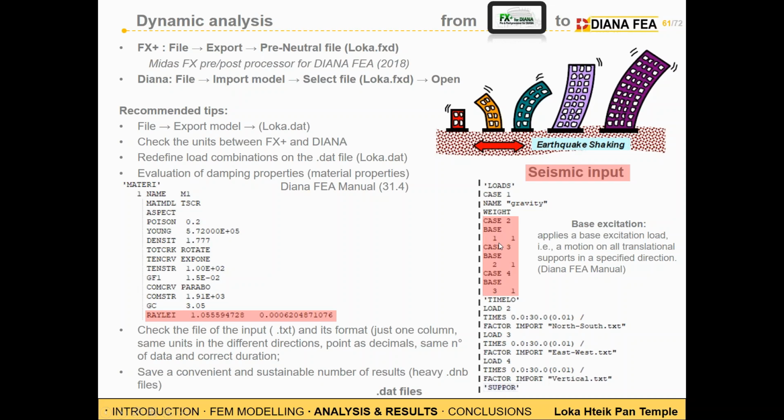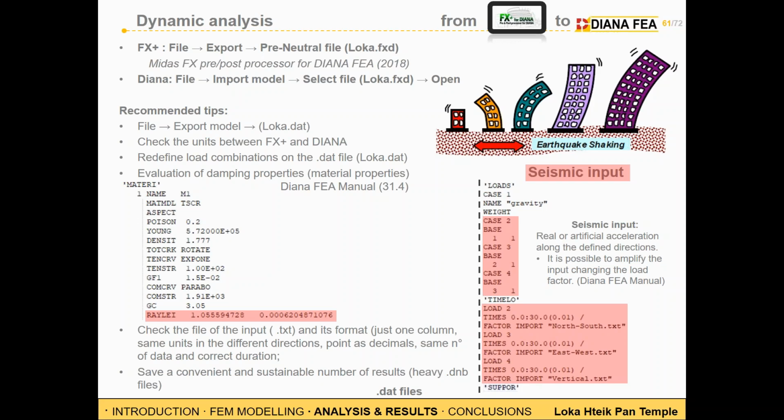The first number is the direction along which we want to apply the seismic input, and then the second number, that is 1 in this case, is the amplification factor we want to apply. In this case, it's 1 because we want to apply the real earthquake, such as the Chalk earthquake. Then this information below regards the input we are going to apply